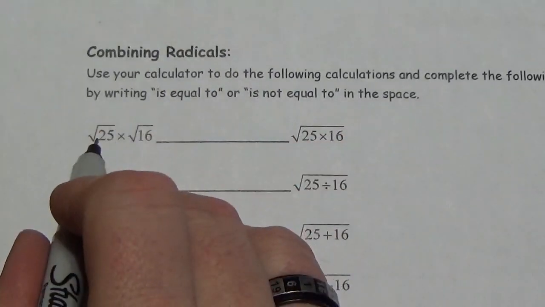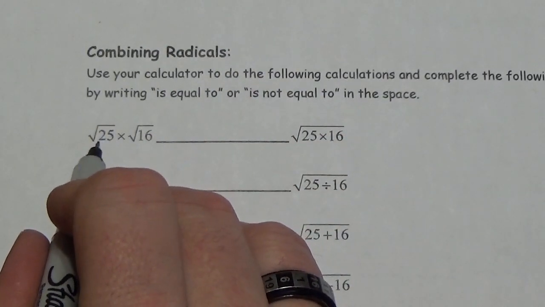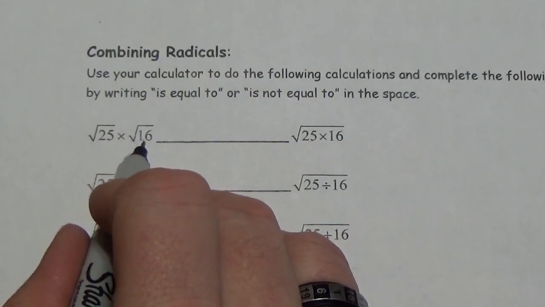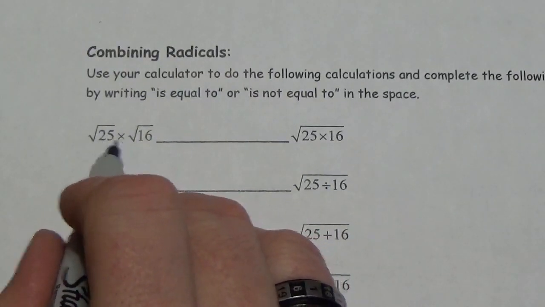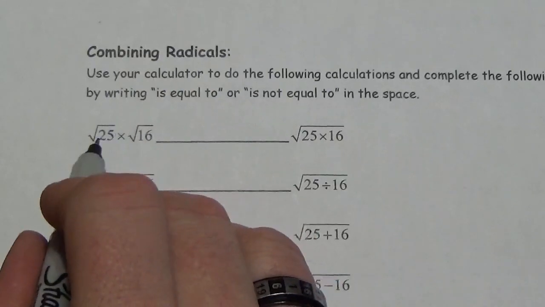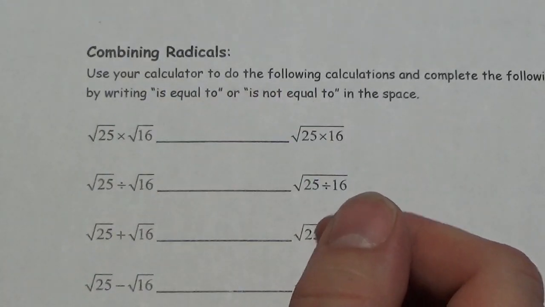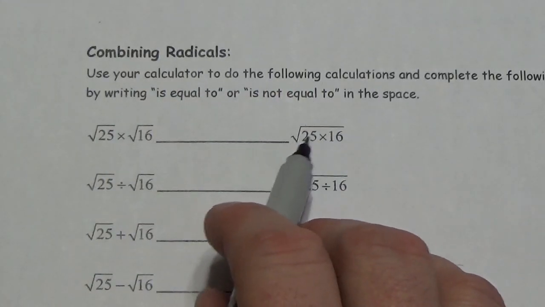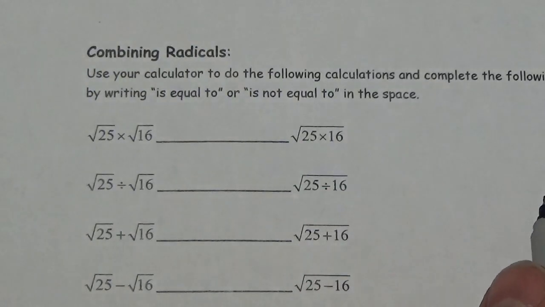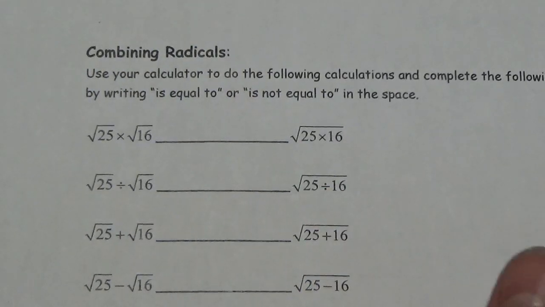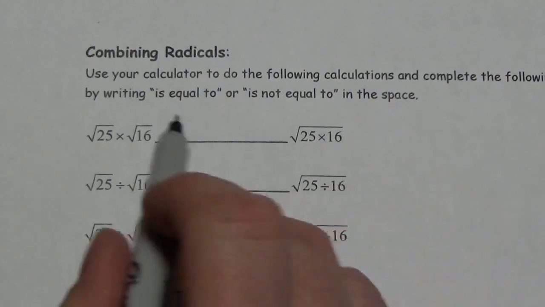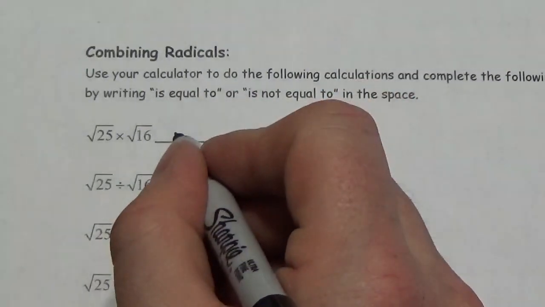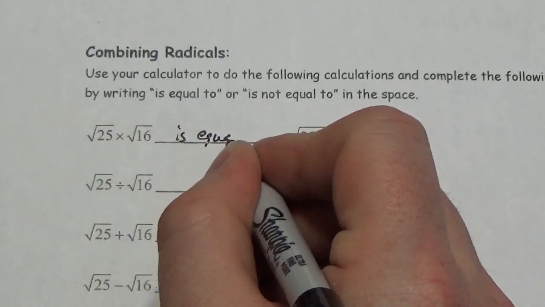Well, now, I know that the square root of 25 is 5, and I know that the square root of 16 is 4. So I know that together this is going to equal 5 times 4, which is 20. I know that 25 times 16 is 400. And yeah, I know I'm a bit of a nerd here. I know that the square root of 400 is 20. So I know that these are the same. So this is equal to